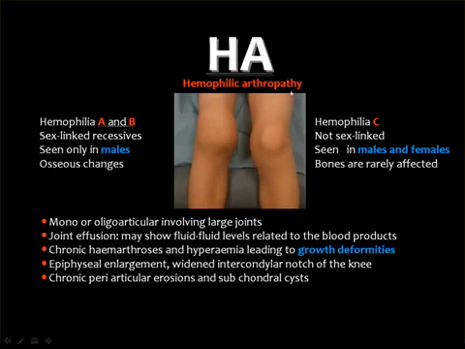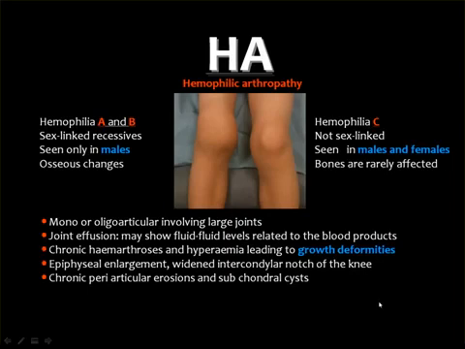Regarding hemophilic arthropathy, we have two types of hemophilia. Hemophilia A and B are sex-linked, seen only in males, and associated with bony changes, while hemophilia C is not sex-linked, it can be seen in males and females, and the bones are rarely